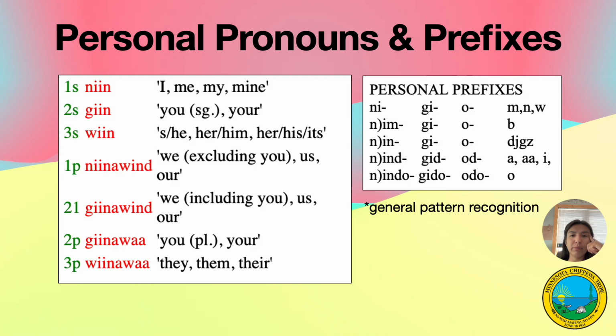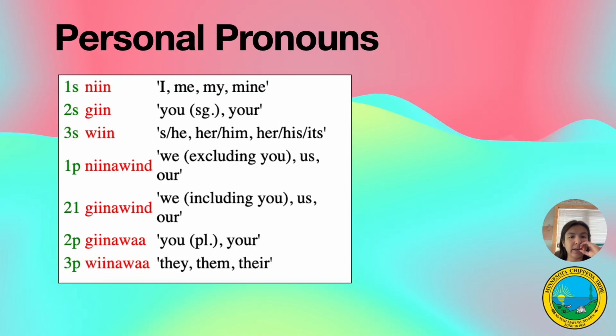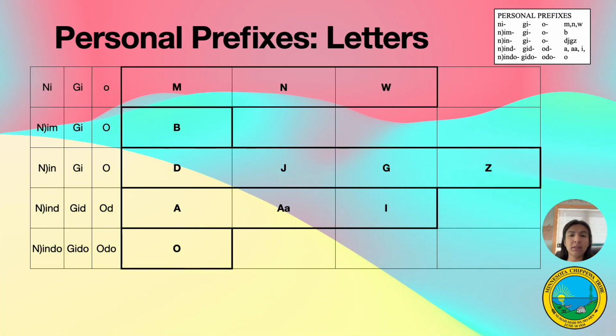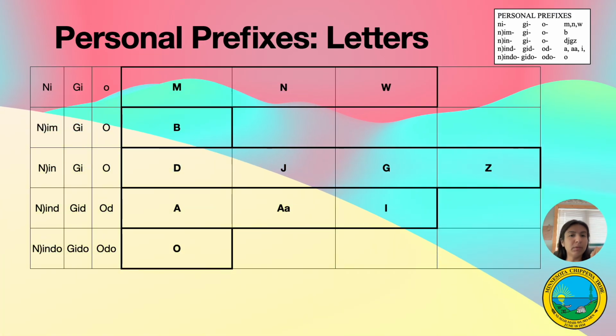Look at the chart on the right. We're looking at personal prefixes. And if you notice, like I'm trying to say about general pattern recognition, in general, we've got the n prefixes, the g prefixes, the o prefixes, and for each of those letters and how you use those, we'll go into a little bit more detail about how to make sense of all of this. All right, personal pronouns, this is what they are. And then we have our personal prefixes. I'm going to go more into detail on our other charts because it'll make more sense there than it does here. I recharted this, and this is the format for our examples table, which we'll look at next.